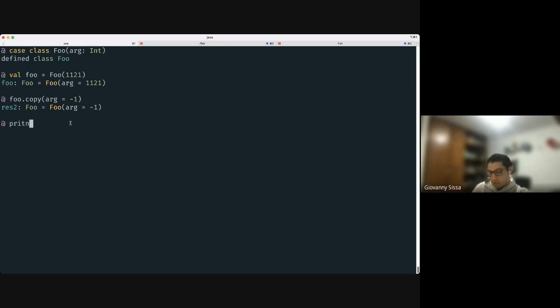Also, case classes have the toString method implemented, which gives us a pretty nice representation in our terminal or in our